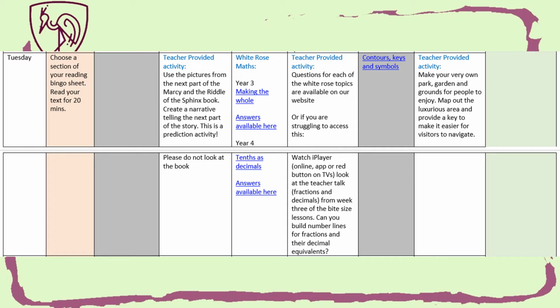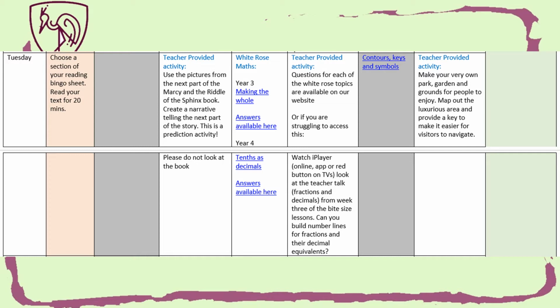For maths, again, I've linked in some White Rose maths lessons, a year 3 lesson and a year 4 lesson, and some questions. But I've also given you the iPlayer options there, a lesson on iPlayer that you can bring up on your TV, your computer, or on the app. And it's a teacher talk which will guide you through some of the basics for fractions there, if that's something that you would like to do,